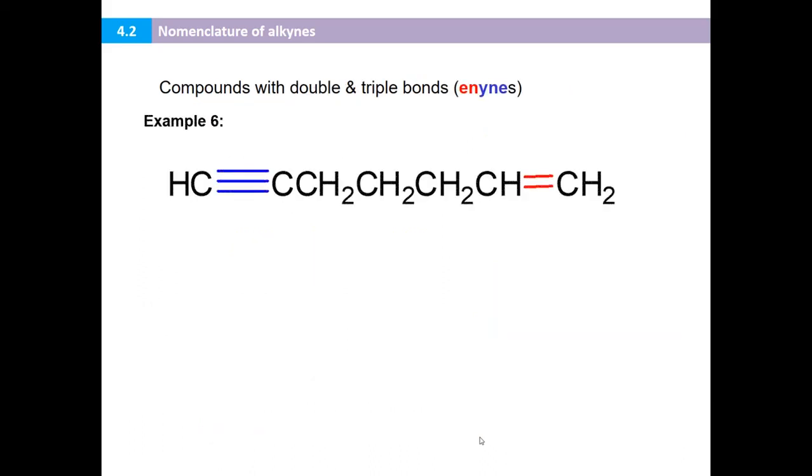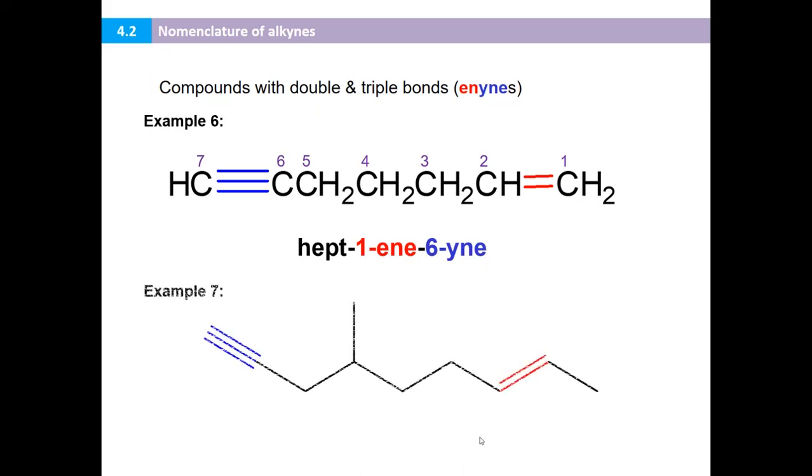And for compound with double and triple bond, an enyne, you must give the priority to the alkene first. Means that the alkene should have the lowest number compared to alkyne. In this case, the double bond should be given the lowest number compared to the triple bond. So that's why you count from right to left, in order to make sure the double bond gets the lowest